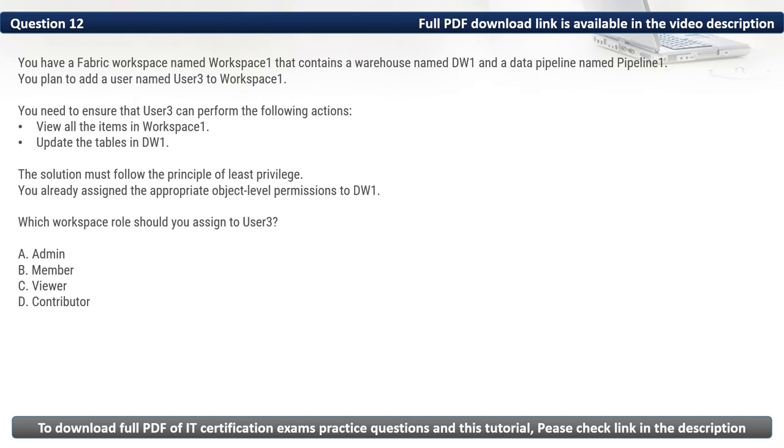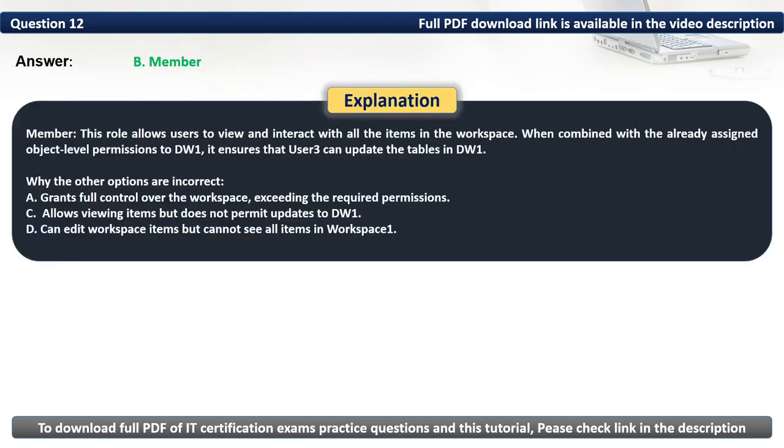Then we have D, contributor. Can edit workspace items but cannot see all items in workspace 1. As such, the workspace role that we should assign to user 3 is member. Thus, the correct option is B. This role allows users to view and interact with all the items in the workspace. When combined with the already assigned object level permissions to DW1, it ensures that user 3 can update the tables